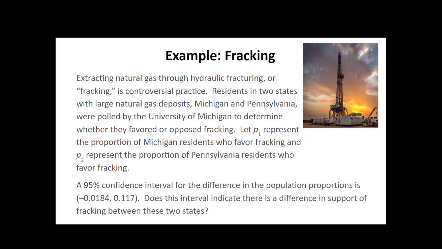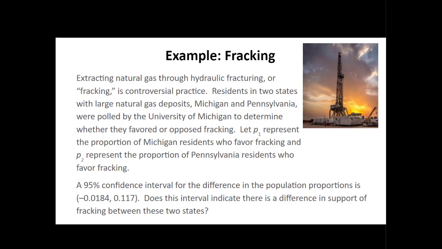This one says, extracting natural gas through hydraulic fracturing or fracking is a controversial practice. Residents in 2 states with large natural gas deposits, Michigan and Pennsylvania, were polled by the University of Michigan to determine whether they favored or opposed fracking. Let P1 represent the proportion of Michigan residents who favor fracking, and P2 represent the proportion of Pennsylvania residents who favor fracking. A 95% confidence interval for the difference in the population proportions is negative